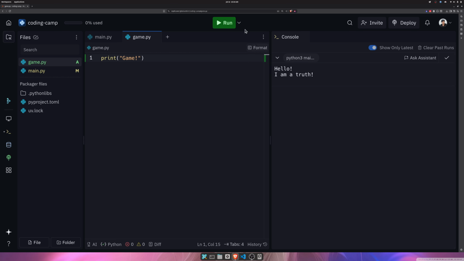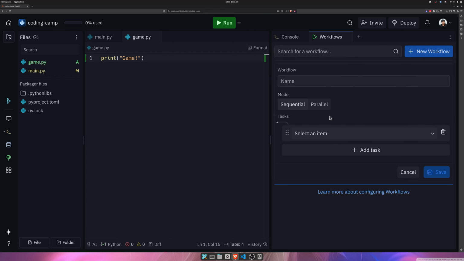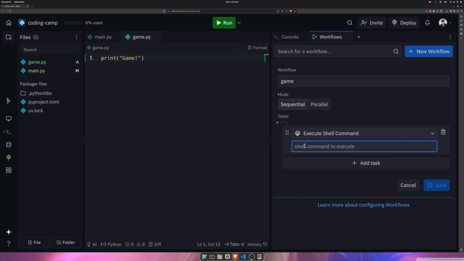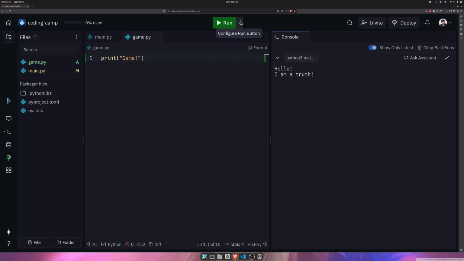So for running the game file, what we have to do is manage workflows. And after coming to workflow, we have to click new workflow, and then we can name it anything. So I will name it game, and then here I will say execute shell command, and here I will just say python3, and after that I will write my file name, which is game.py, and then I will save it, and I'm good to go. Then I can close this. Now if I click on the button below, you can see that I can switch to game, and after that if I run it,